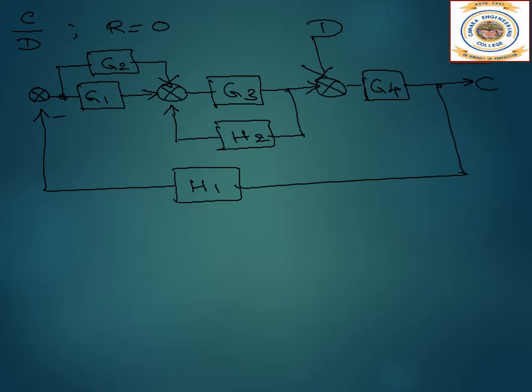Okay, so this is what we get. Now let us simplify here. Let us first analyze it, then we'll start with the simplification. This is parallel only, and even this will be feedback only, so we can solve this first. Let us solve that first, then we will see how the connection will change.